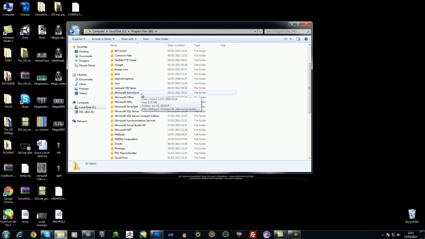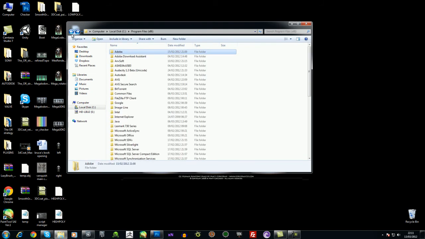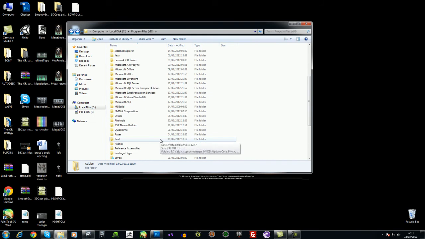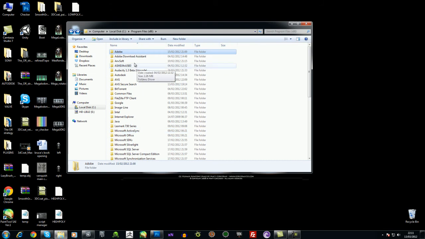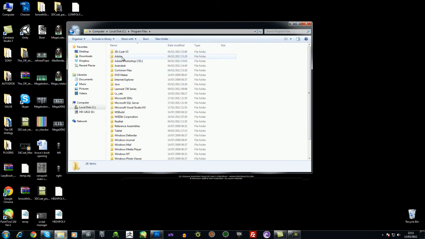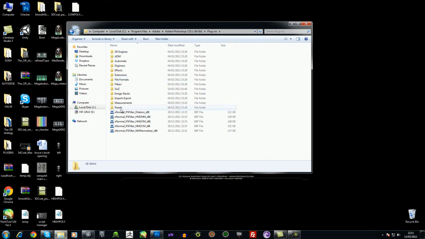So that'll be under your program files, Adobe, Photoshop, no, Adobe, no, bloody hell, where is Photoshop? Let me go back, maybe it's in here, Adobe, Photoshop 64-bit, plugins, and you just paste them here. See, I've done it already, but you paste them there and then you restart Photoshop,